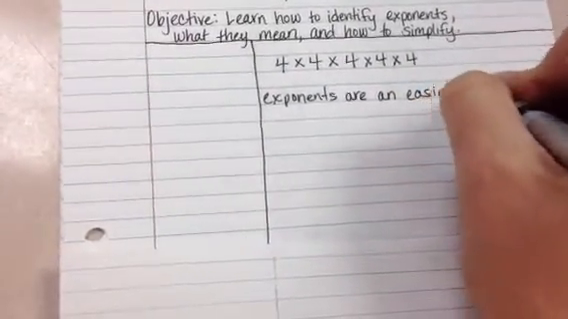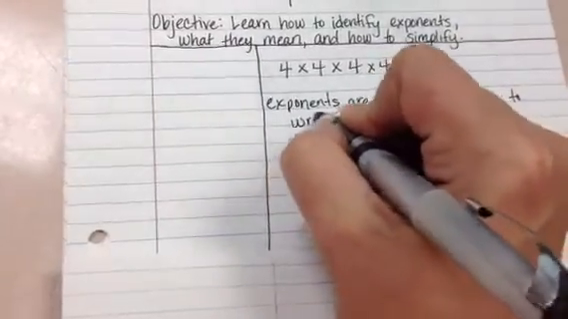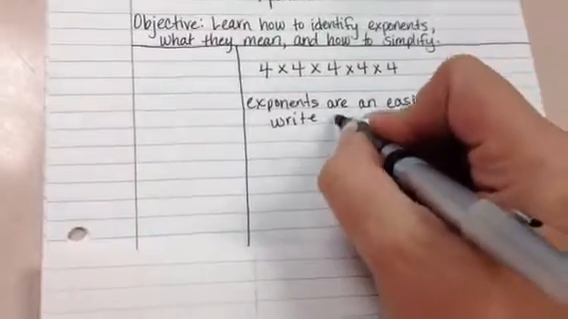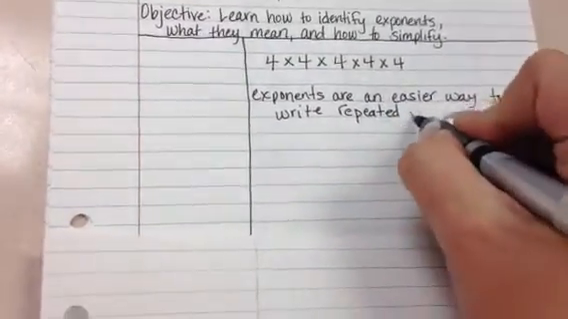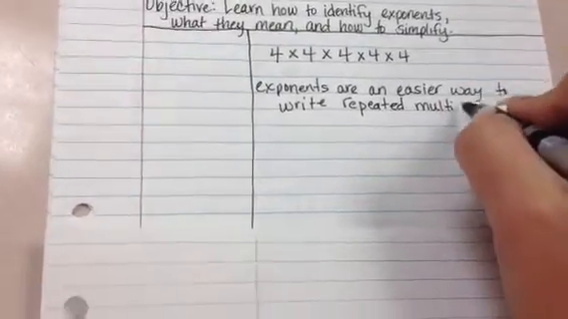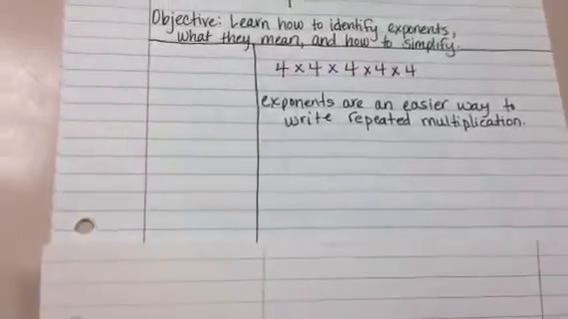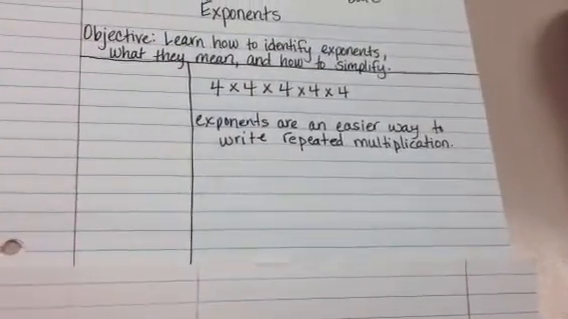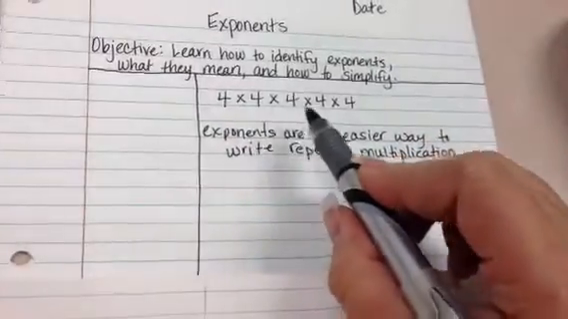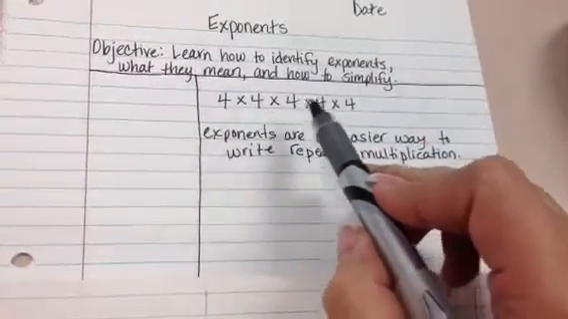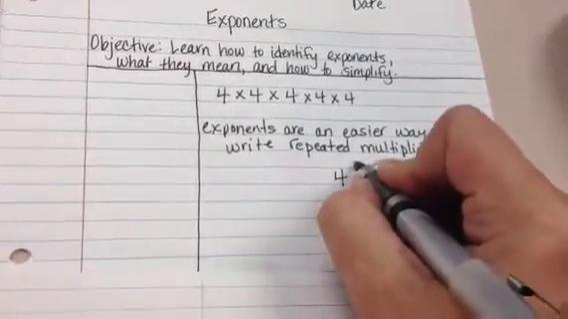are an easier way to write repeated multiplication. Exponents are an easier way to write repeated multiplication. So an easier way to write 4 times 4 times 4 times 4 times 4 is 4 to the 5th